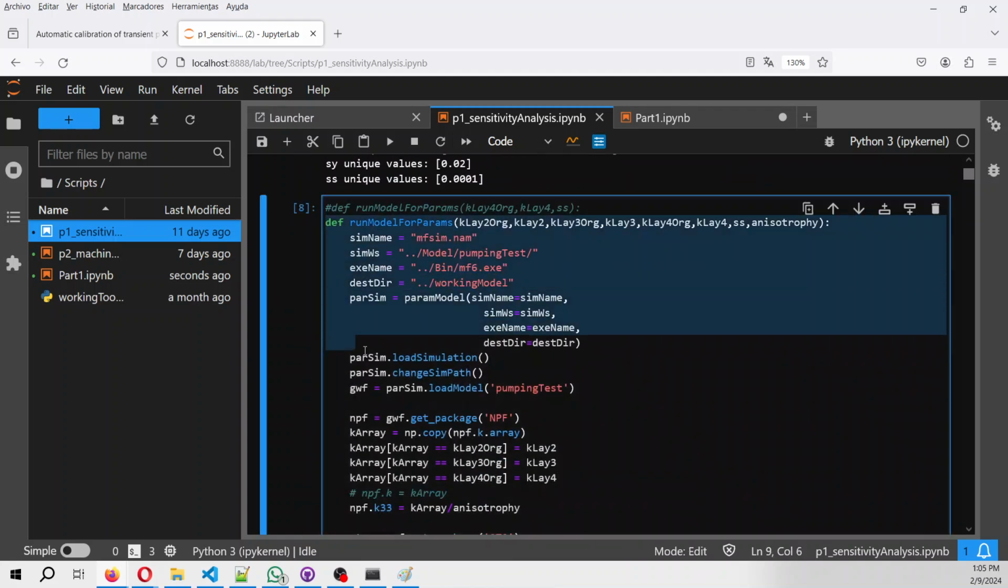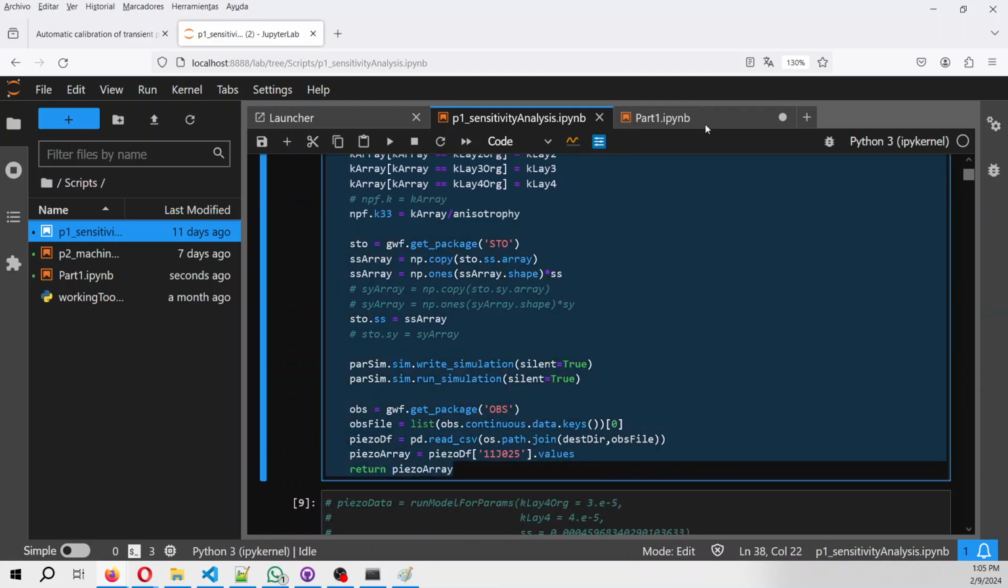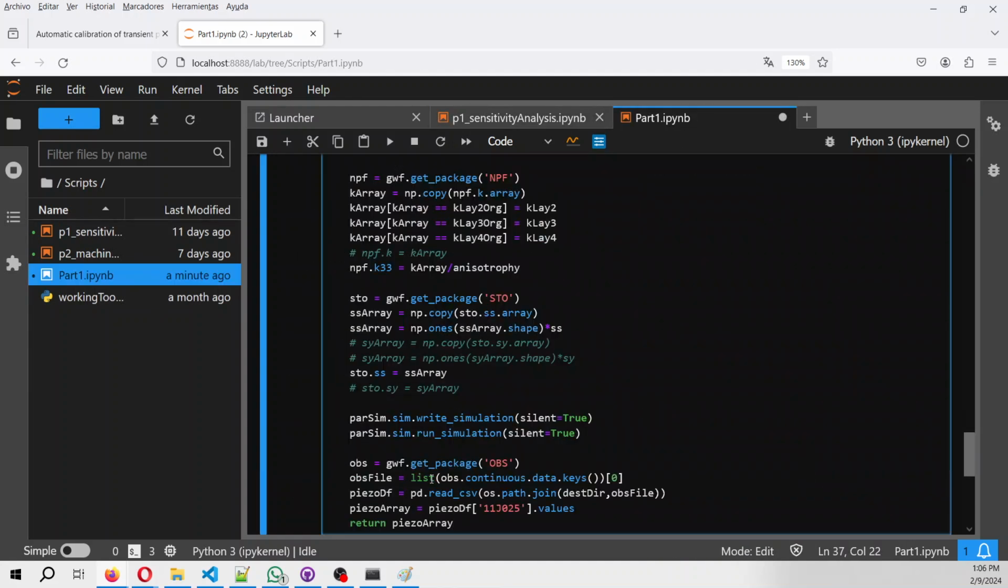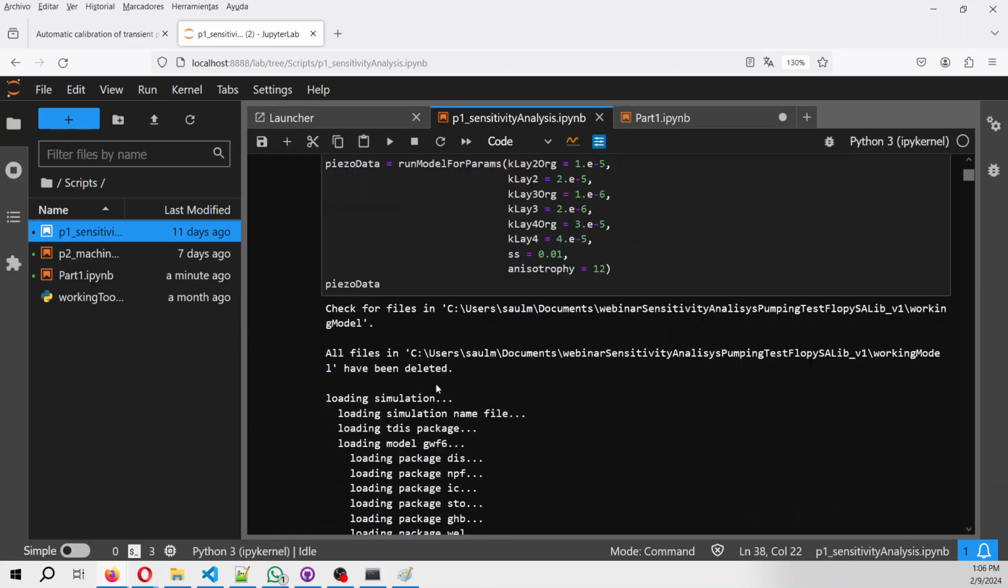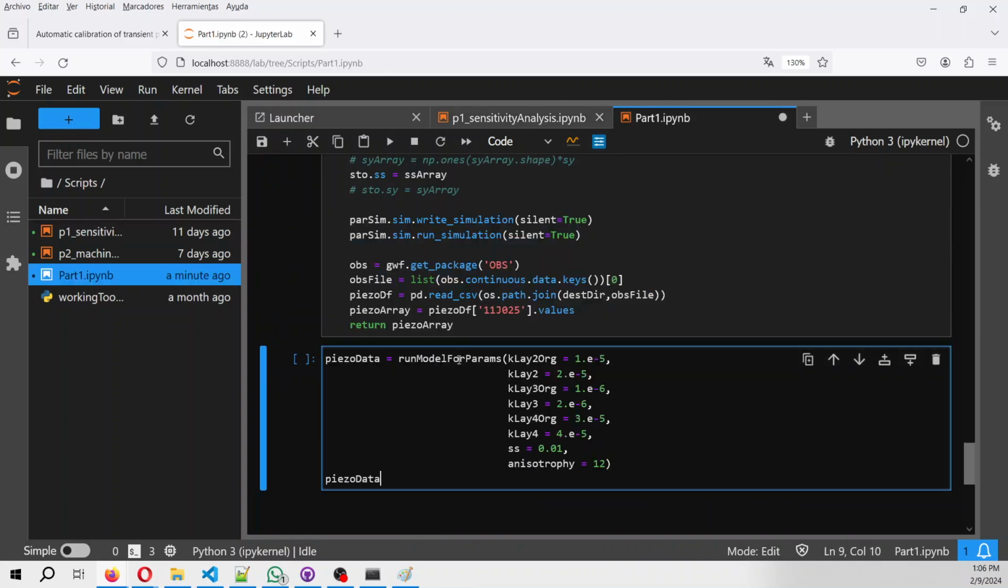Okay, we copy the function, Control C, because it's the same function here. Okay, great. And then we run the function here. But instead of for these values, we are going to run the function for